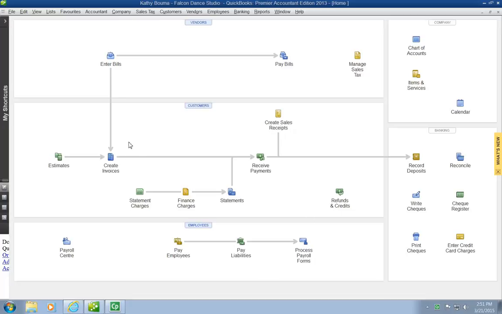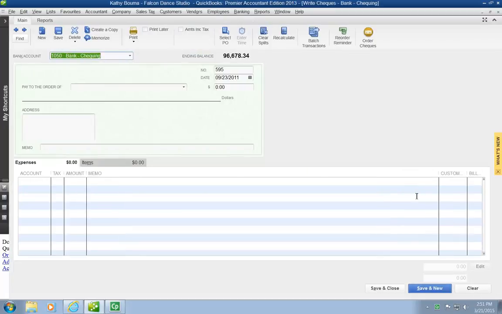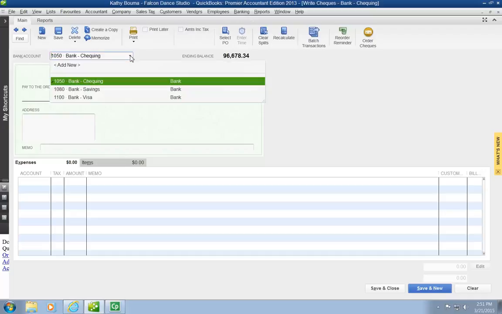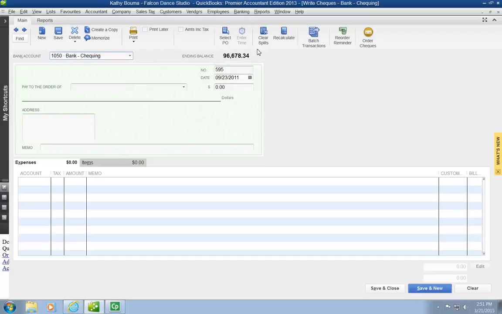So again, from the home screen, you would go to the Write Checks button that you'll find over in the banking section, and then your check form will come up. The top part of the form is the actual check that you're filling out, and the bottom part is the account information. So we are going to first of all choose the bank account. It's going to come out of our bank checking account. It gives you the ending balance as of that moment. It automatically puts a check number in there